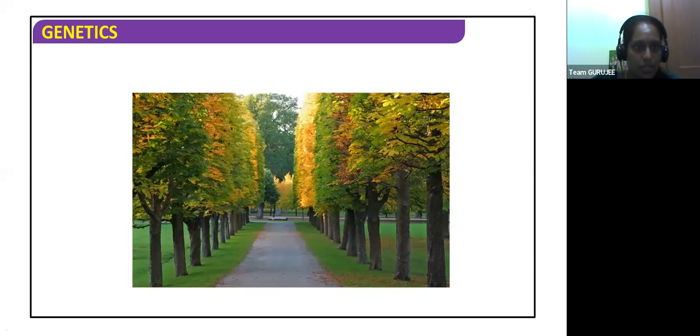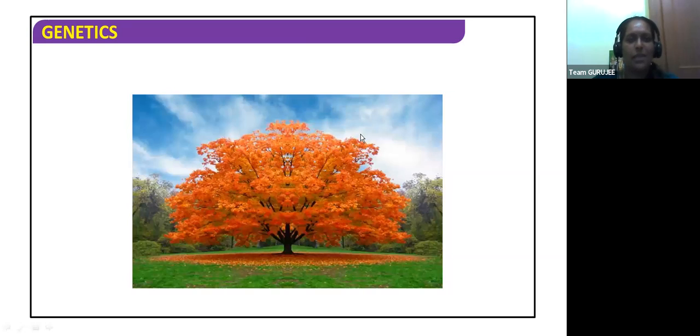So what is this picture telling us? The similarities in all these trees. Okay, who remembers what this tree is? Maybe only Neha was there in this class. Yes. Others should not have been.